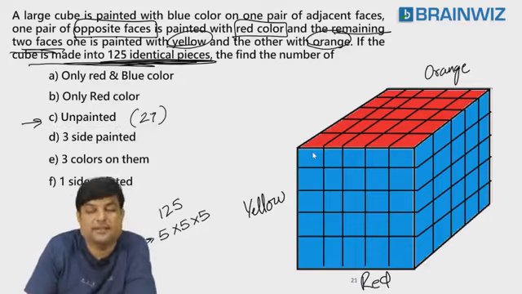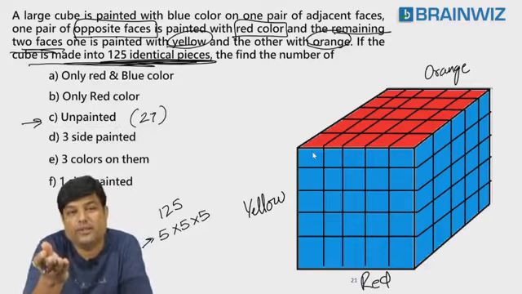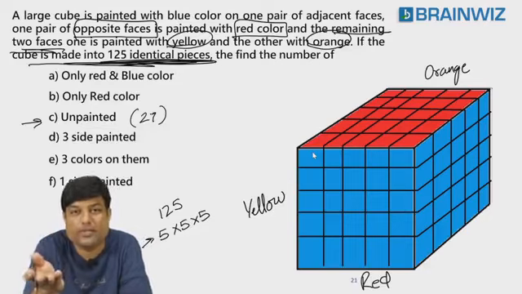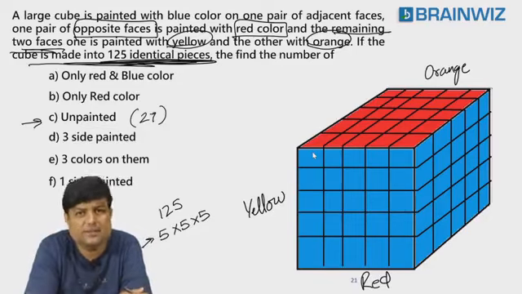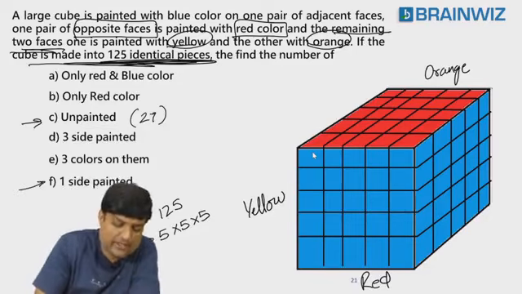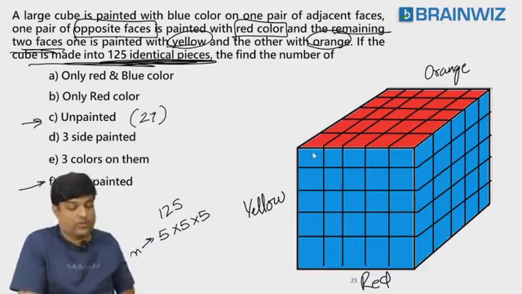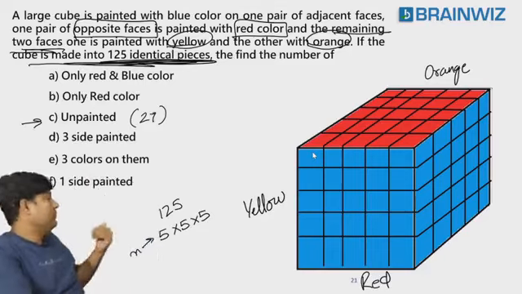How did you get this answer? Sir, diagram is not important. Diagram is not important, sir. Without diagram only, I am getting this answer. Yes, don't worry, you'll get it. Let's see the last question. What is the last question? Not last question. Last question. What is that point number F?